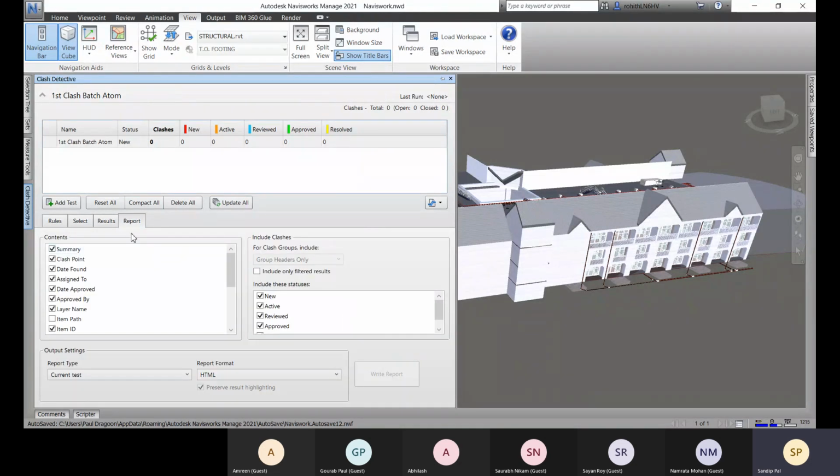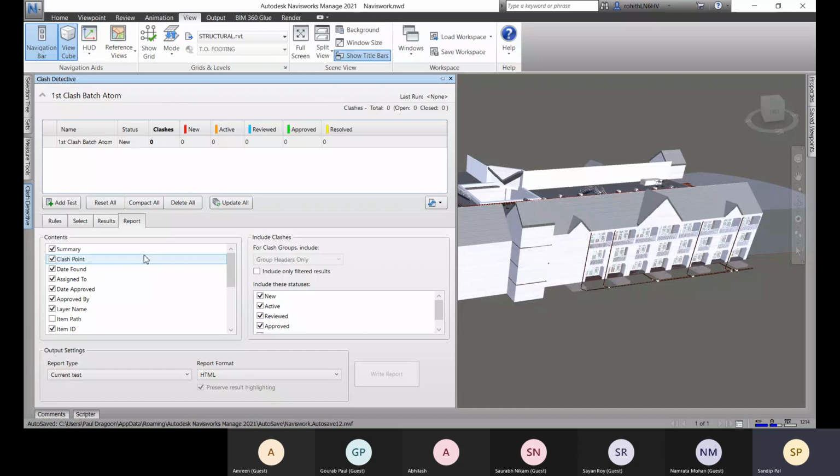And about the report tab, we can generate a report. When we run the test, we can generate a report where all the information about your classes will be properly organized, so you can have the idea, and you can coordinate with your team members.